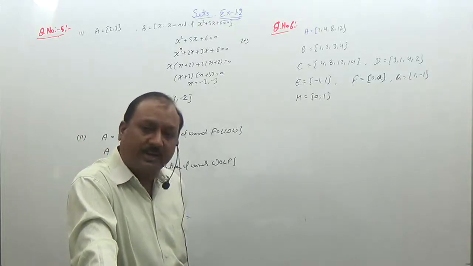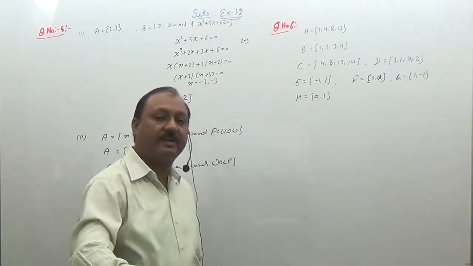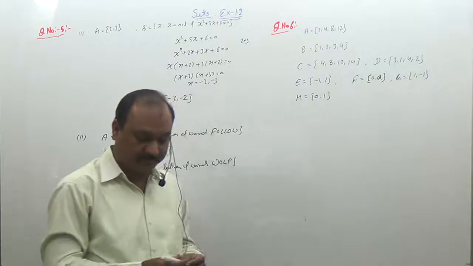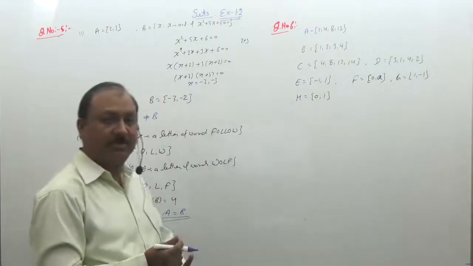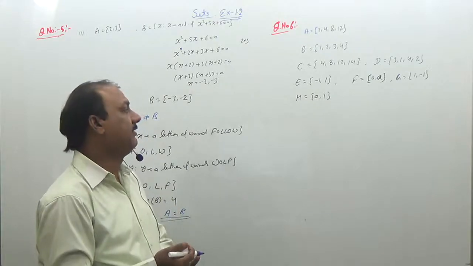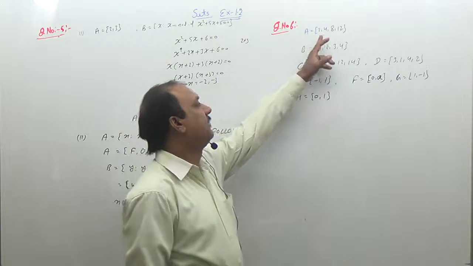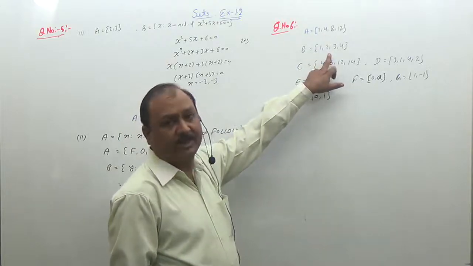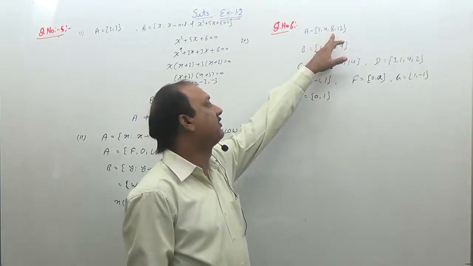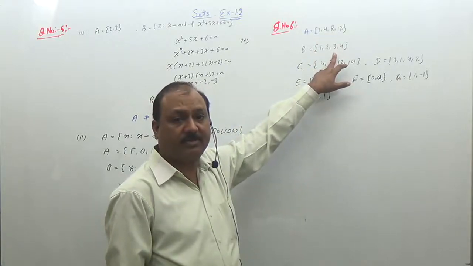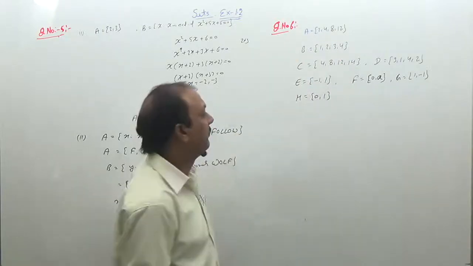From the sets given below, select the equal sets. We want to make pairs where one set is equal to the other. First, we compare set A with B, with C, with D and so on. First, compare sets A and B. Set A contains 4 elements as well as set B, but sets A and B have different elements because 8 is a member of set A, but 8 is not a member of set B. So A is not equal to B. So A और B तो equal नहीं है.